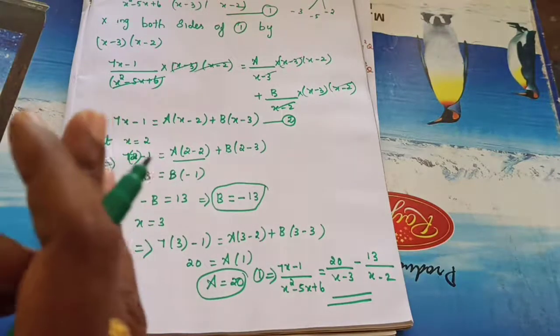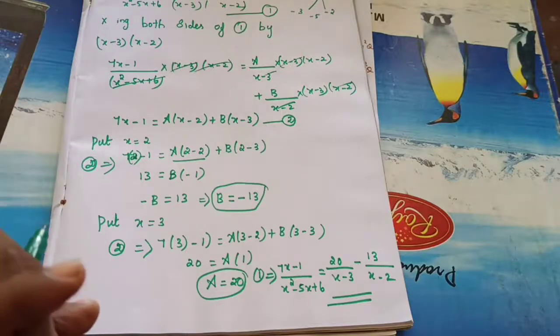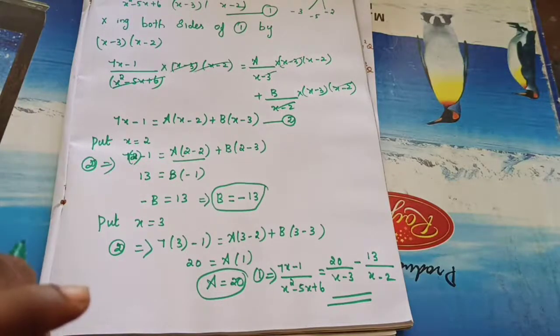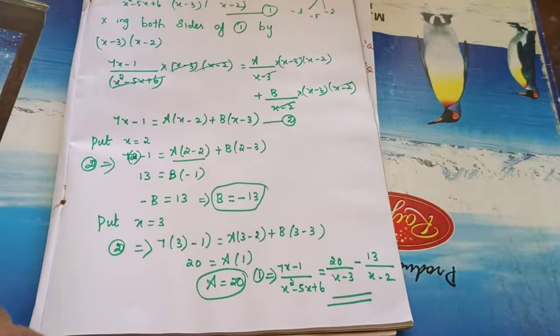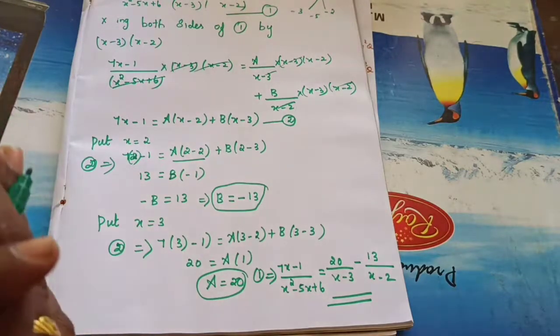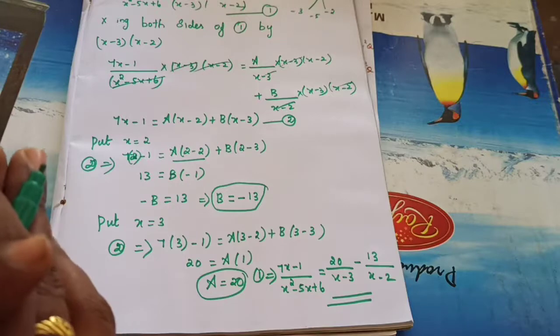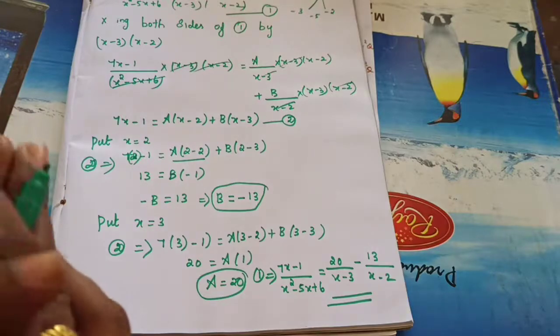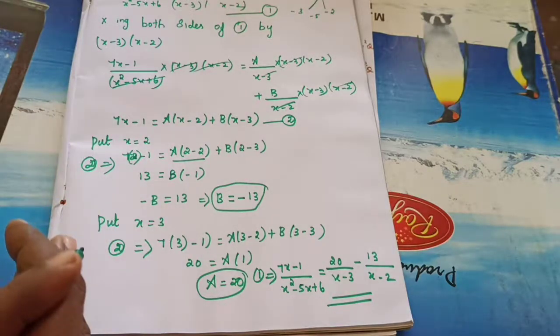So for the a and b values, if you substitute an x value, whichever value you substitute, that particular a or b will become 0. You need to find out the a value and b value and substitute it. Okay, this is the type. Understand? So one more question is there. If you do one more example, you will get a good idea of this first step. Understand?